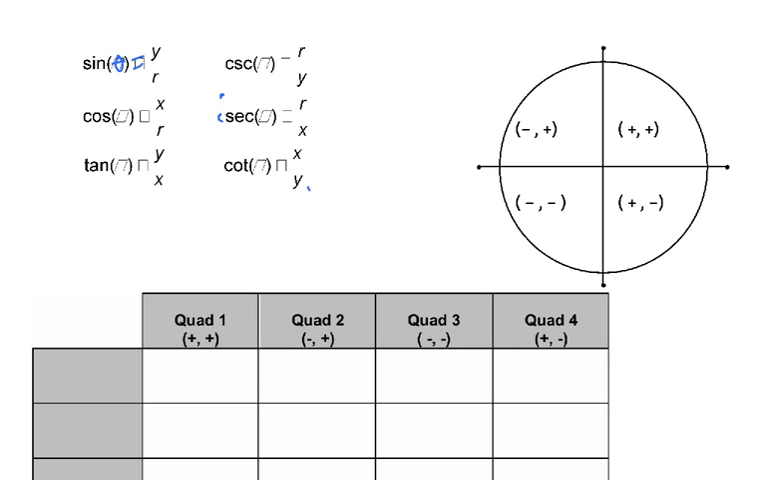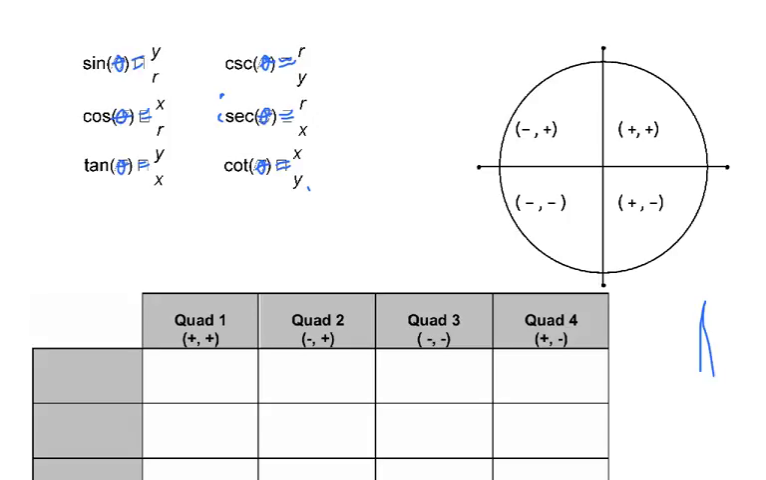equals y over r, the cosine of theta equals x over r, the tangent of theta equals y over x, cosecant theta is the reciprocal of sine, secant theta is the reciprocal of cosine, and cotangent is the reciprocal of tangent. With those 6 definitions, we can put together a bit of an understanding as to what's going